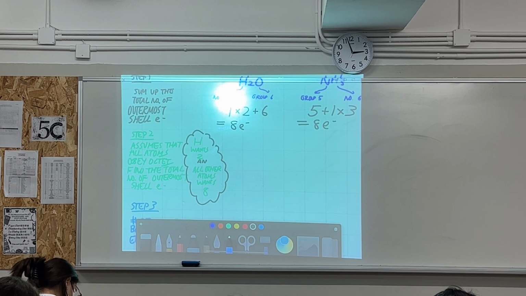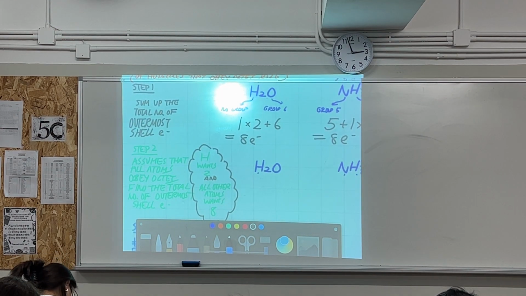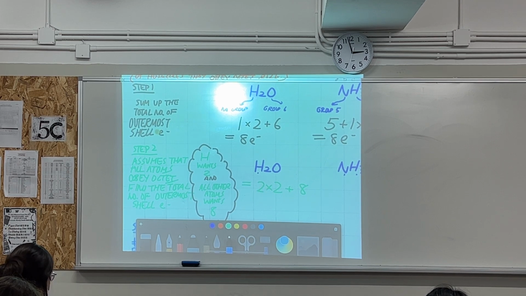And let's do this. If hydrogen wants 2 and all other atoms want 8, what is the number of electrons that the atoms will have after they obey the octet rule? Hydrogen wants 2. So 2 times 2 plus 8, because oxygen wants 8, right? And hydrogen wants 2. So the calculation is quite similar to what we did on top,